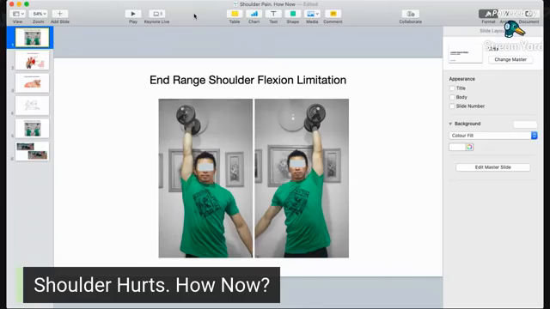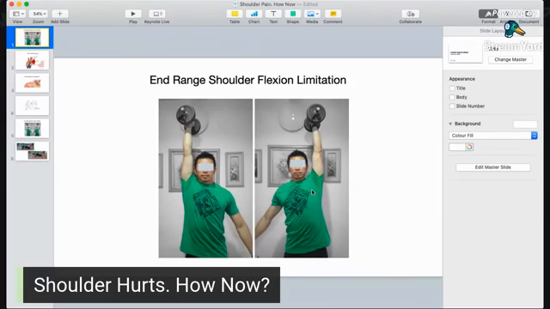Okay, so for example, like this guy. He told me, "Hey, I'm able to lift my right shoulder to this height, but when I do it on my left side, I think my shoulder cannot go up." It's not as high, right? From the picture you can see when he lifts the weights using his right hand, it's quite straight. But when he tries to do it using the left hand, it doesn't work. Okay, so he's compensating.